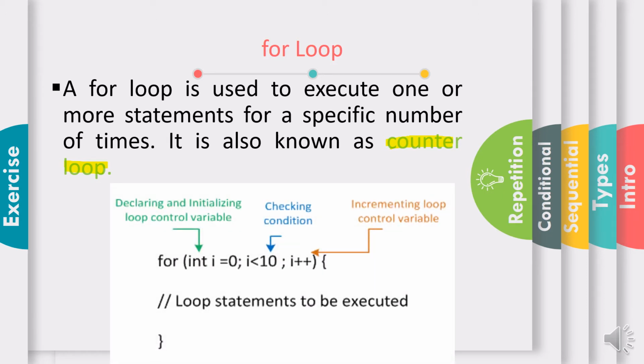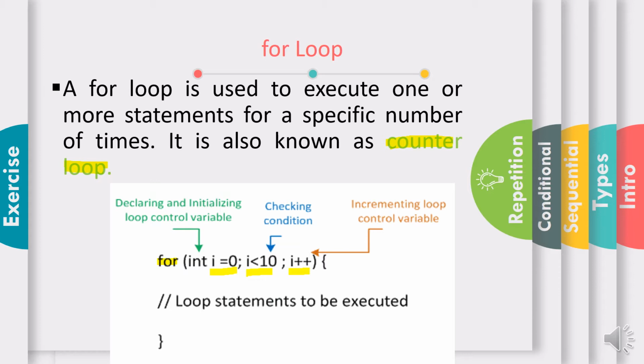This is the general format or the syntax for the for loop. First of all, we write the reserved word for, then we initialize the loop control variable, i = 0. It means that the starting value of the loop will be 0. Then here is the checking condition, i < 10, and in the last part we mention the increment or decrement of the control variable,